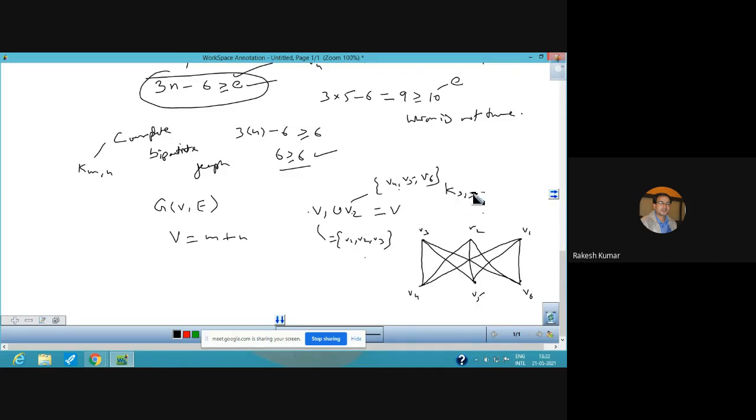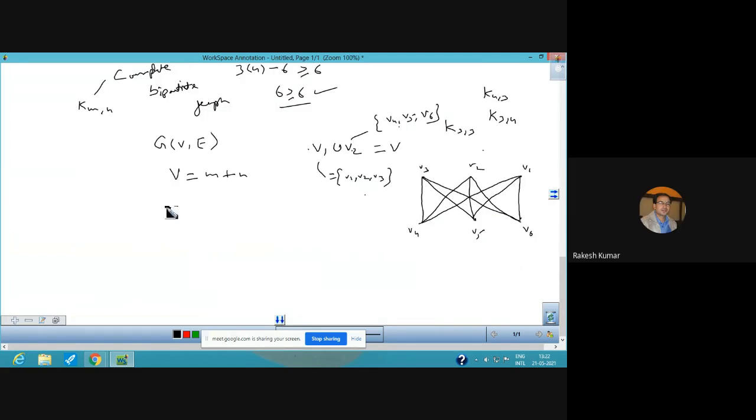Now it is not necessary that it be K33; it can also be K43, K34, K23, or K32. And we have to check whether this is a planar or a non-planar graph. This type of graph is actually a non-planar graph because we also have a result for this type of graph, and the condition is